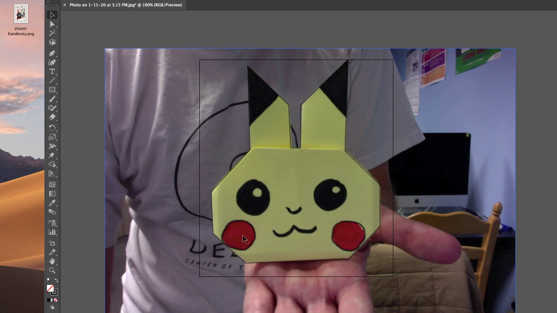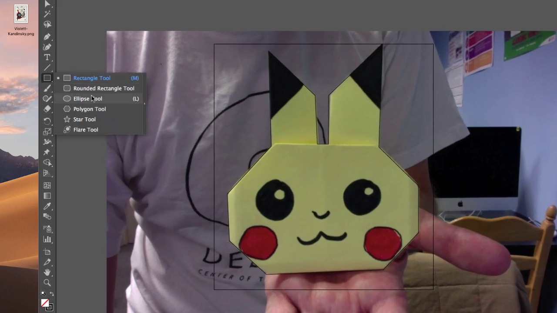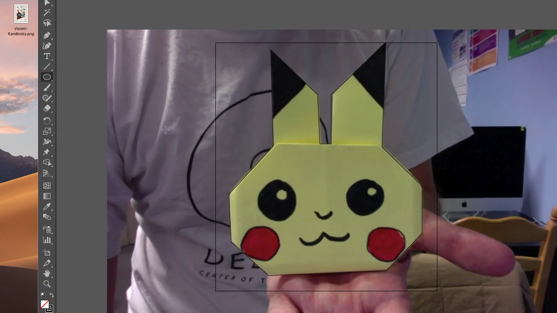Let's do his eyes and his cheeks next, because I think it's the next easiest part. So I'm going to go to where I have this rectangle tool. I'm going to click and hold down, and now you can see I have other options, like the ellipse tool. The ellipse is basically an oval, right? But if I make that oval have the same width and height, then it should be a circle. So I'm going to start around here-ish, kind of where this imaginary line, if I extended it, and this line here would meet. I'm going to click and hold down and drag out, and if I hold shift on my keyboard while doing it, it will make it a perfect circle. So there's one,